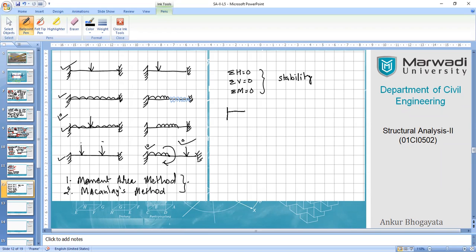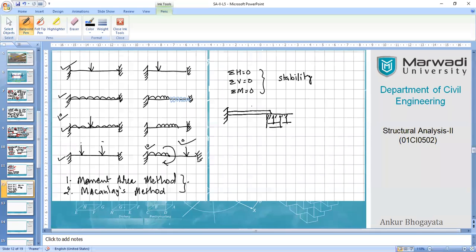Now there is one more requirement from the ordinary structures. For example, let's have this as your cantilever beam, right? So this is the ordinary cantilever beam that we have supported on a wall on the other end. Or any support you can assume, except fixed. So it is ideally a simply supported or friction joint.